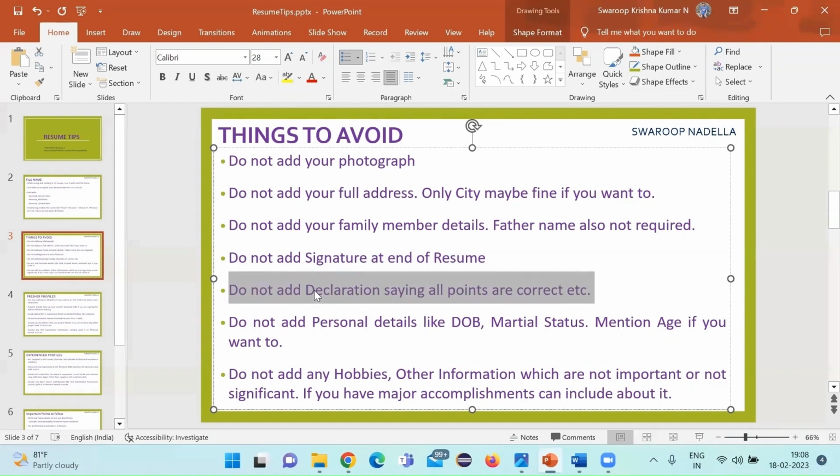I personally do not prefer any declaration. Whatever we are mentioning in the resume, it will always be correct information we are conveying. So why should we say that all things are correct, or that I promise something like this? We need not write these declarations. So this is my opinion. And